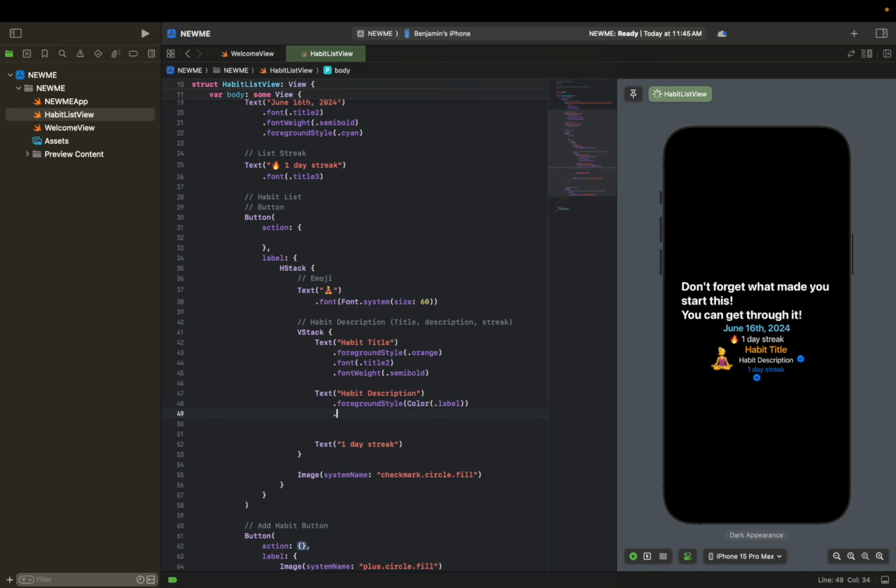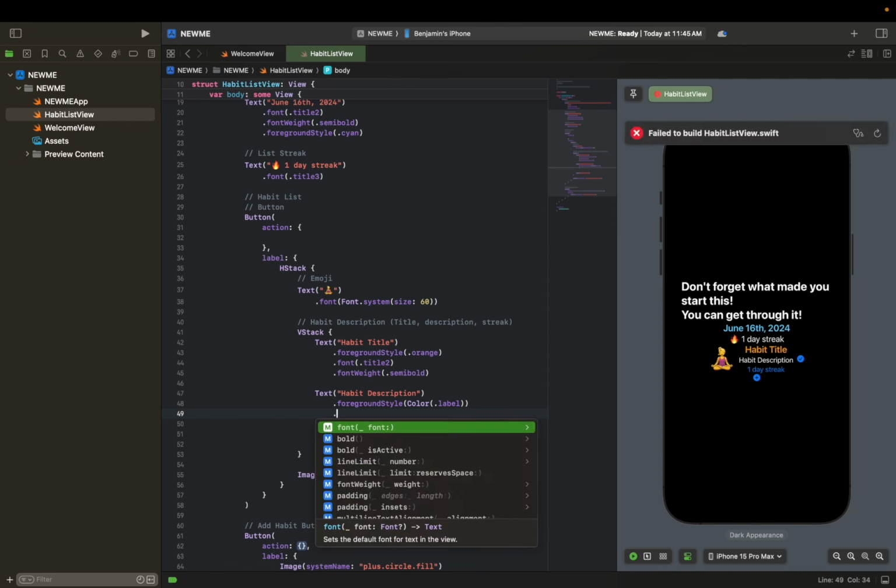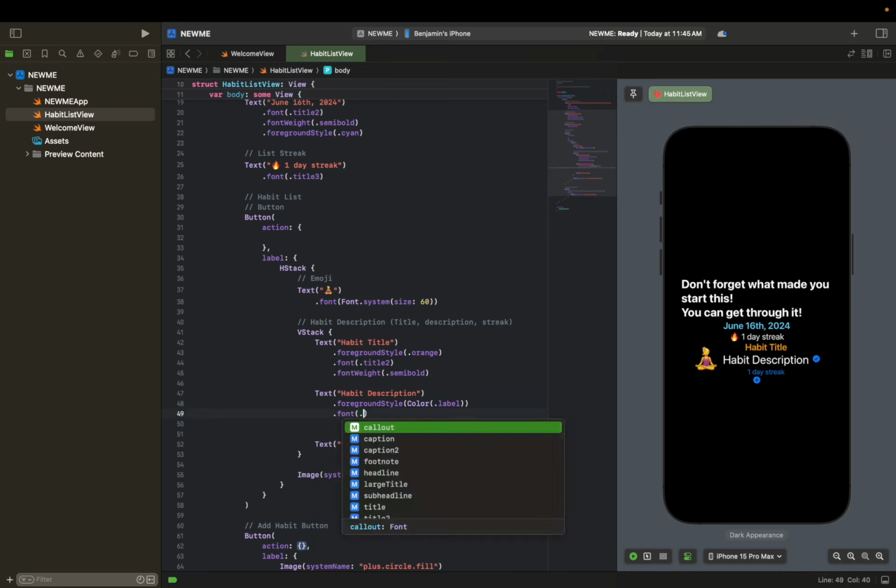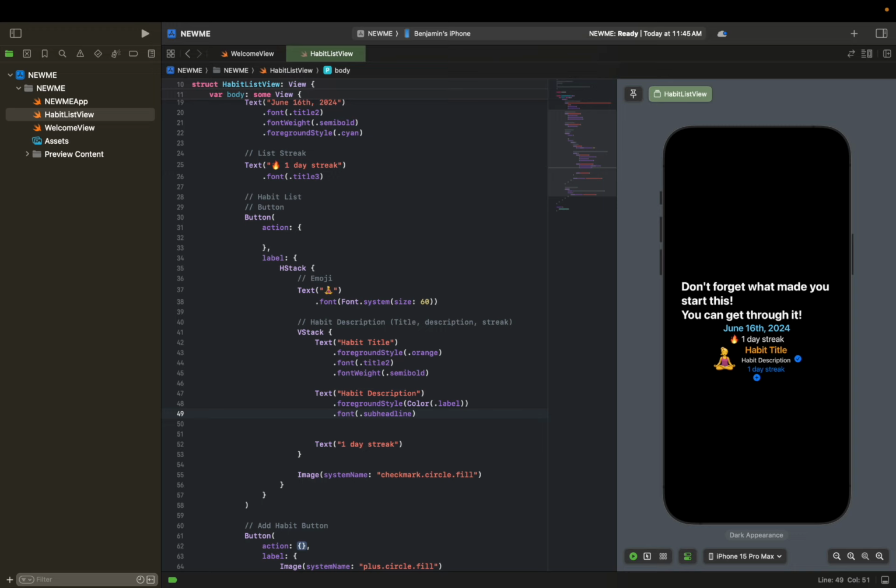And for the other step, I want to make it a bit bigger, change it a little bit. So I'll go into font and I'll make it a subheadline. I'm not sure if that makes it bigger. It's actually smaller. Do I prefer this smaller or do I prefer